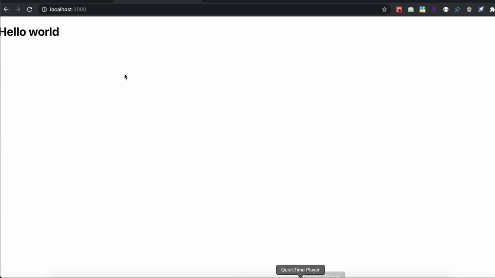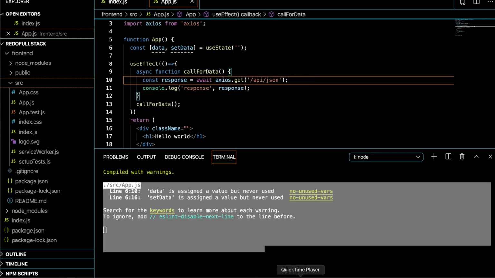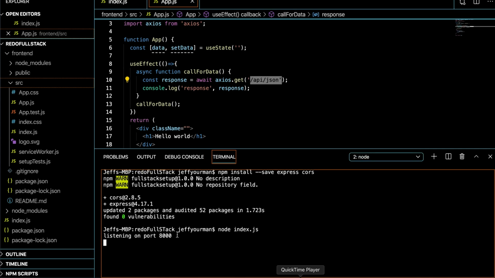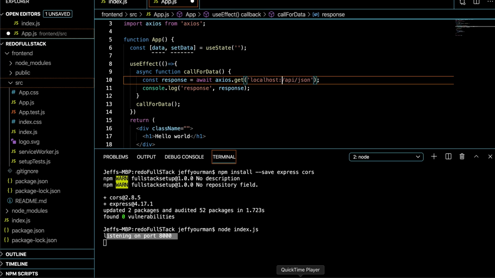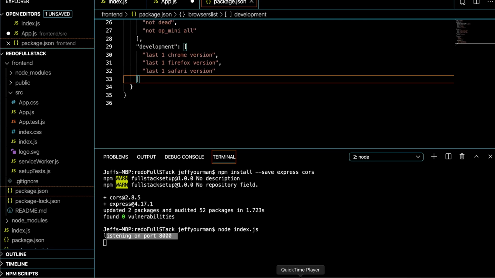So let's go ahead and go into Google Chrome and we'll check the console. Interesting. It says 404 not found. So this usually happens because this is sitting on server localhost 8000 that we created previously, as you can see here, listening on port 8000. Right now, this is thinking it's sitting on localhost 3000 and it cannot find this. So we need to create a proxy that will look for the localhost 8000, and we will do that in the package.json, and we will create a proxy